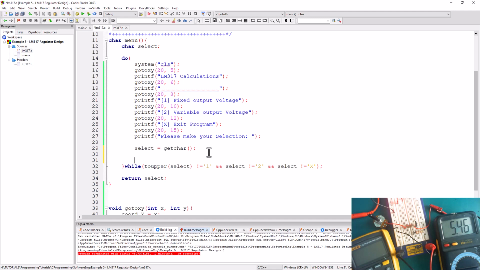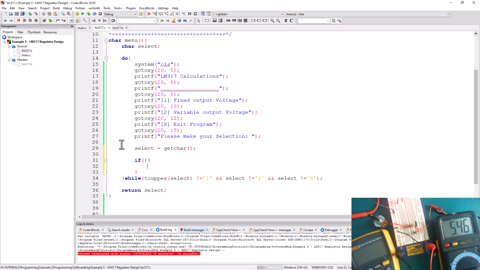We must handle it, okay? So I'm going to add an if statement here. So I'm going to say if, okay? And inside this if statement, I'm going to say, well, if the user selection is none of these, okay? So I think basically let me just take all of these,